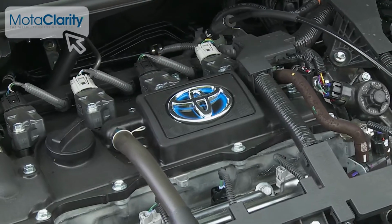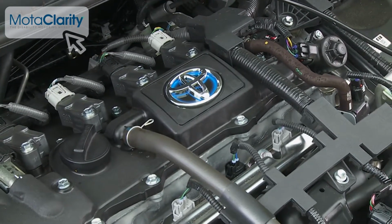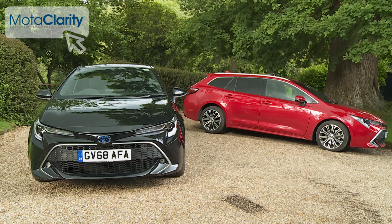The brand has worked hard on this 122 horsepower electrified unit, equipping hatch and estate Corollas that use it with a lithium-ion battery that's smaller, lighter and can deliver more power to assist the engine thanks to improved recuperation capabilities. That helps with fuel economy that on a 1.8 hybrid hatch can be up to 66 mpg on the WLTP